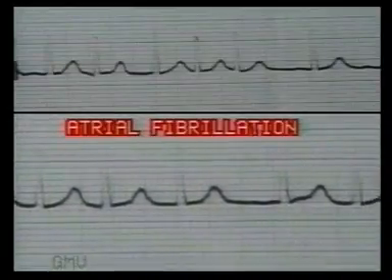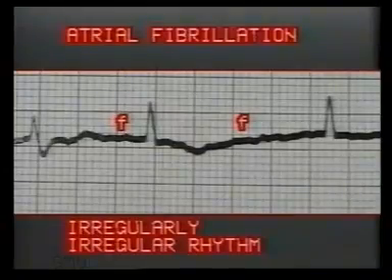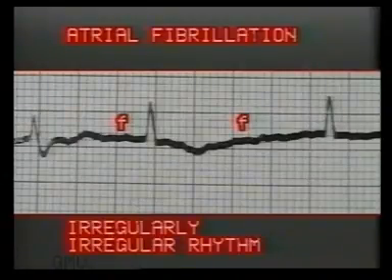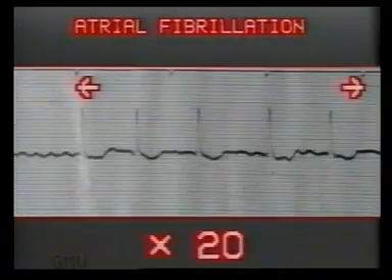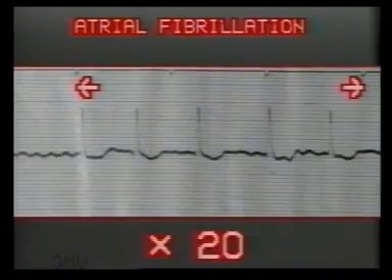This is atrial fibrillation. In atrial fibrillation, the impulses follow chaotic random pathways in the atria. So there are no P waves, but the baseline shows irregular fine waves termed as fibrillation waves or F waves. Small f stands for fibrillation waves. We have already learnt how to calculate the rate in atrial fibrillation. Measure the number of R waves in 15 large squares and multiply the number by 20. Here the rate is 5 into 20, that is approximately 100 per minute.